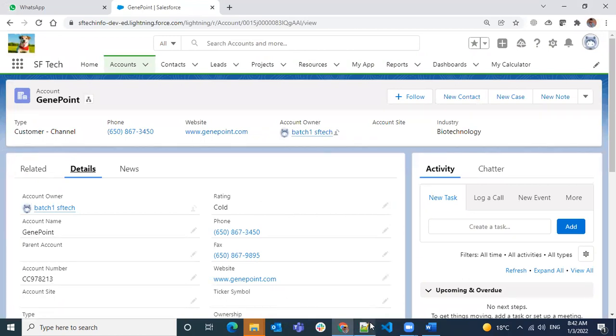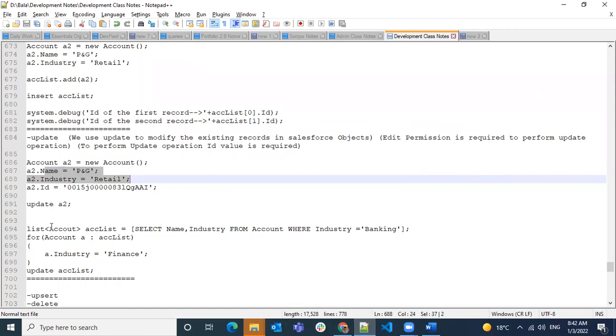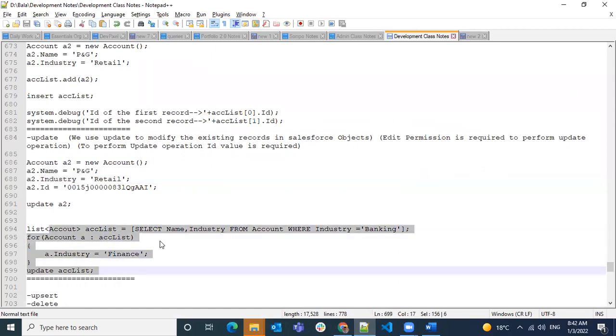And to answer your question, even if you don't assign the ID, it will happen automatically when you query from the SOQL query, modify some changes and do the update. It will automatically take care of it, because it will have the ID column in the backend itself.